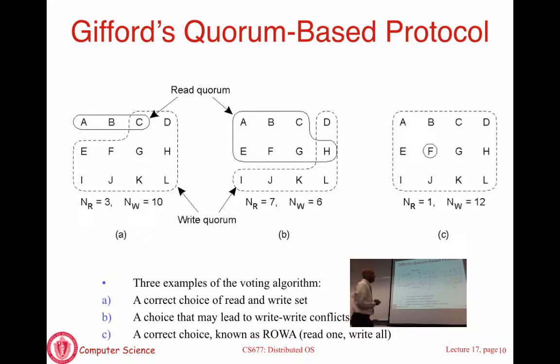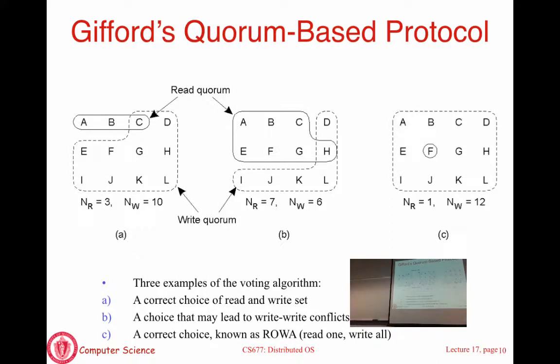Okay, here is another example. Here we set the write quorum to 6, read quorum is set to 7. That means whenever you make a write, you have to send it to 6 randomly chosen servers. Whenever you want to do a read, you have to pick 7 servers, and those servers have to agree. So the dotted lines here show you the servers on which a write has been performed, essentially this D, H, L through I. Those servers have seen the write.